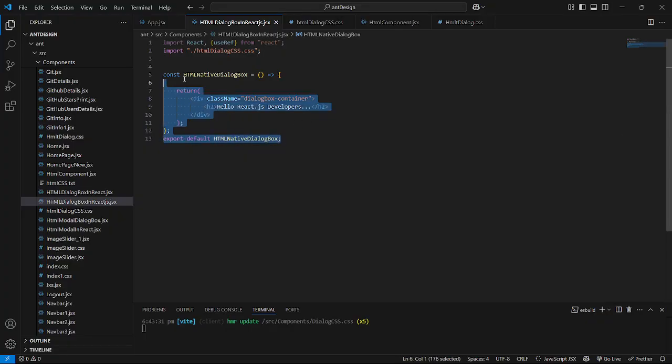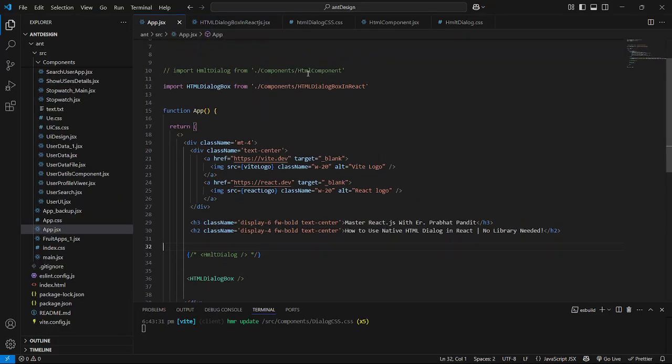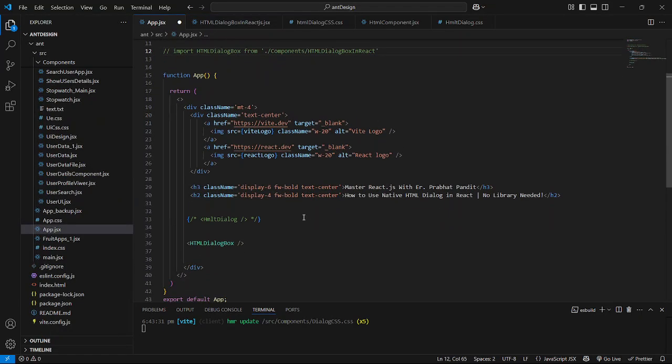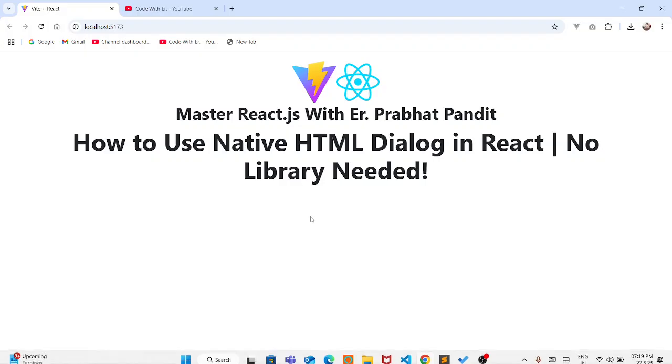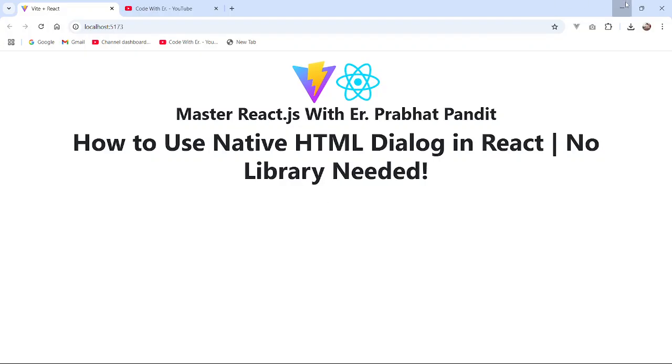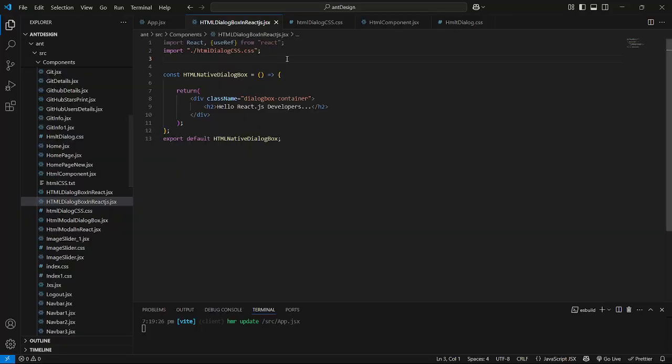So this is it. As of now, just save the file and come to the App.jsx file. Let me just comment this out first. Go to the browser first, so we can't see anything. Now let me import this HTML